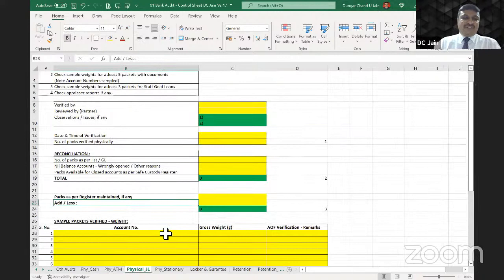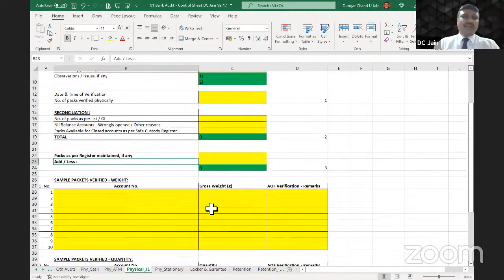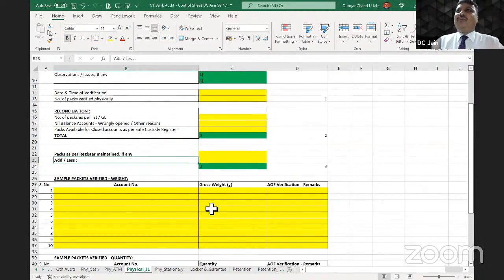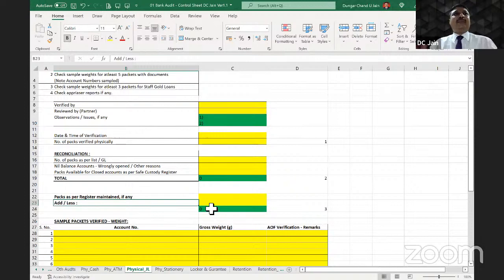Same thing with the physical count of gold packets. I have given a small idea as to how we can do it. You can completely customize yourself. I don't have to tell you how to do that. At the end of the day, the packets as per GL and the real packets will definitely be different, and there are genuine reasons for it. Only thing is, see that they are properly recorded, and where you come across cases where